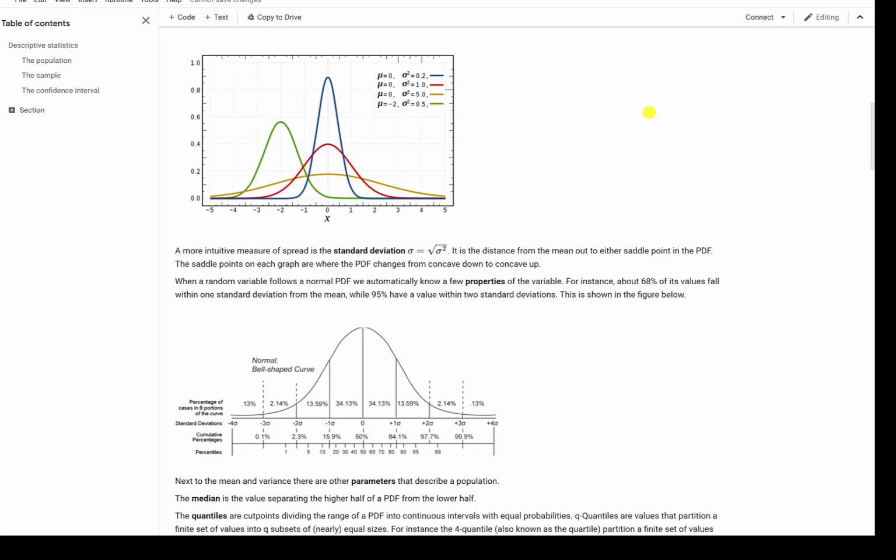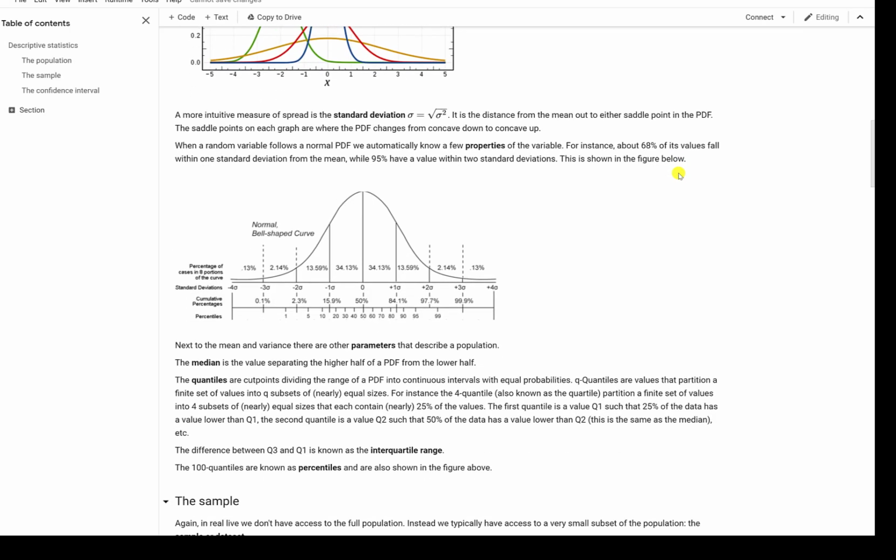Okay. And also a very interesting fact is that if we look at this normal shaped curve here, we can look at standard deviations. That's what's shown here. So here we have the 0, so the mean is 0, so we can see that one standard deviation from the mean corresponds to the saddle point, where this curve changes into this curve, and we know that we have about 34.30% of all the values in there, right? Okay, so we know